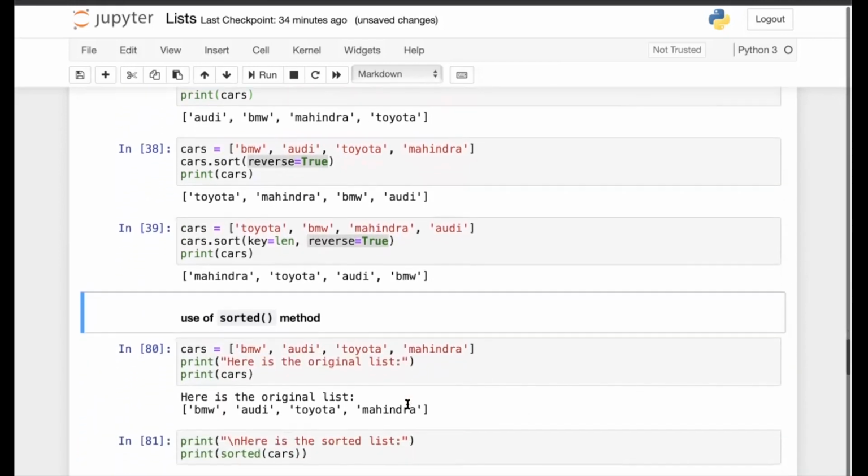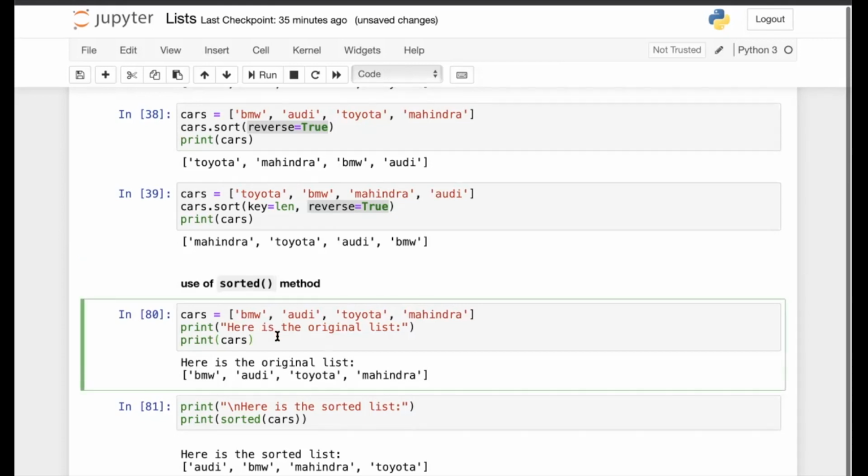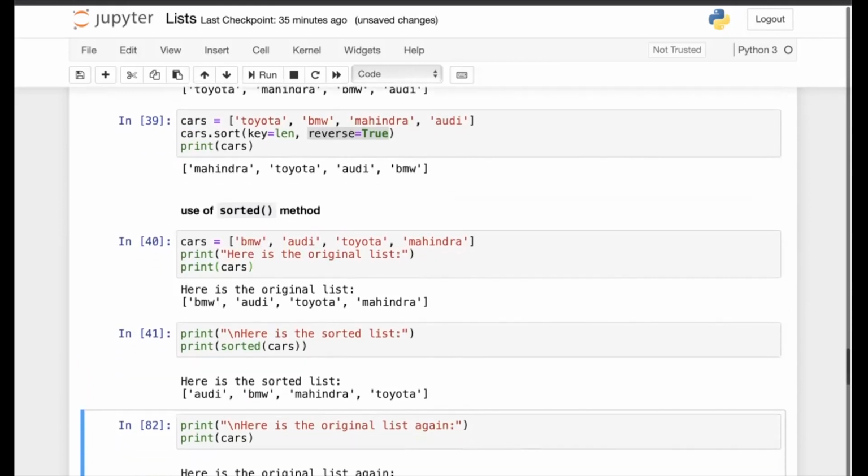Then let's think about sorting using the sorted method. The sorted method does not change the original list. It creates a new list. This is the original list. We apply the sorted function, so it creates a new list in the sorted order.